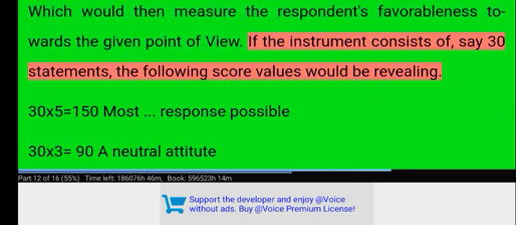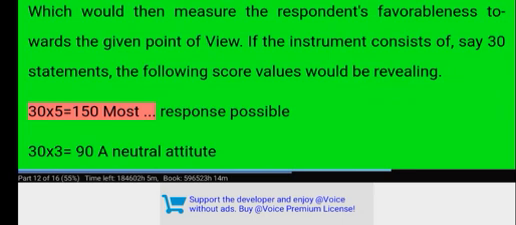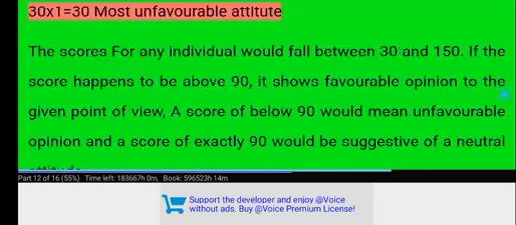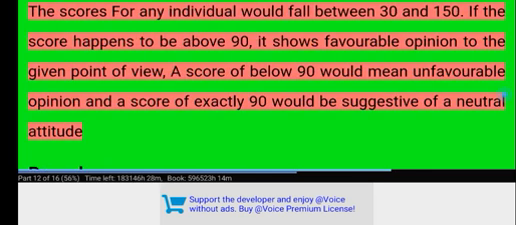given point of view. If the instrument consists of, say, 30 statements, the following score values would be revealing. 30 x 5 equals 150, the most favorable response possible. 30 x 3 equals 90, a neutral attitude. 30 x 1 equals 30, the most unfavorable attitude. The scores for any individual would fall between 30 and 150. If the score happens to be above 90, it shows a favorable opinion to the given point of view. A score of below 90 would mean an unfavorable opinion, and a score of exactly 90 would be suggestive of a